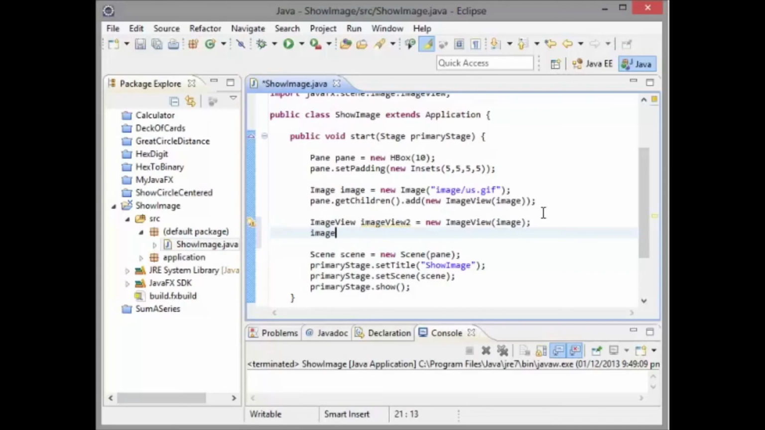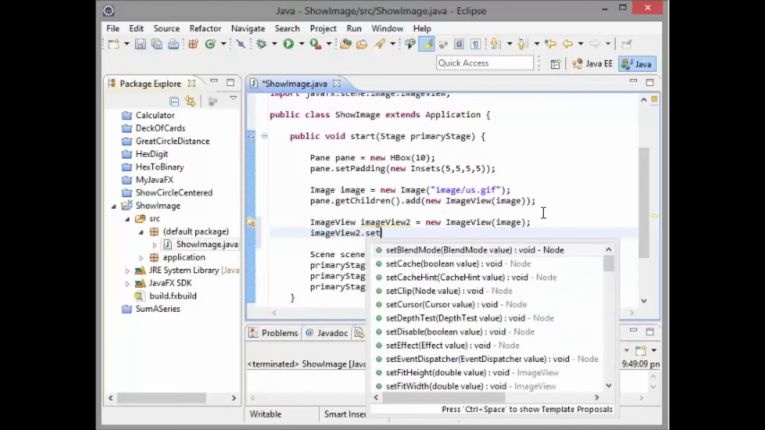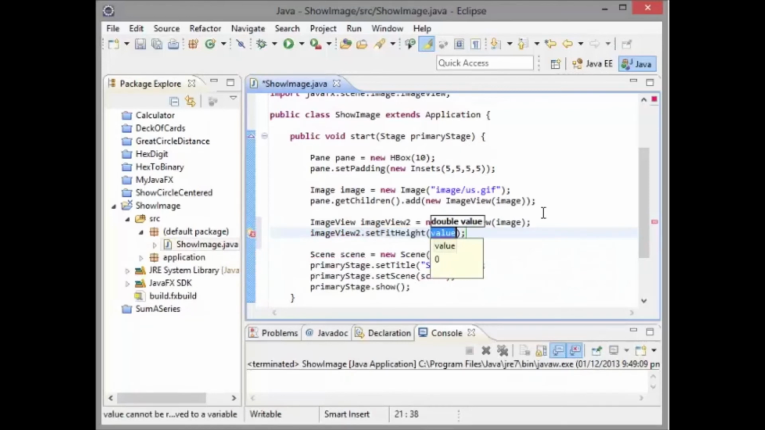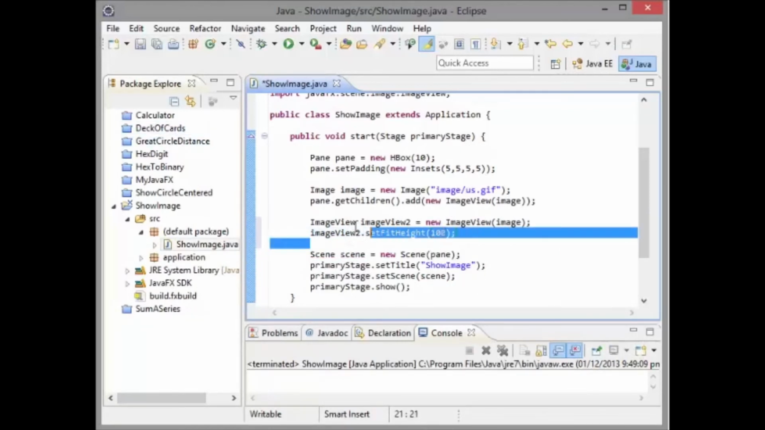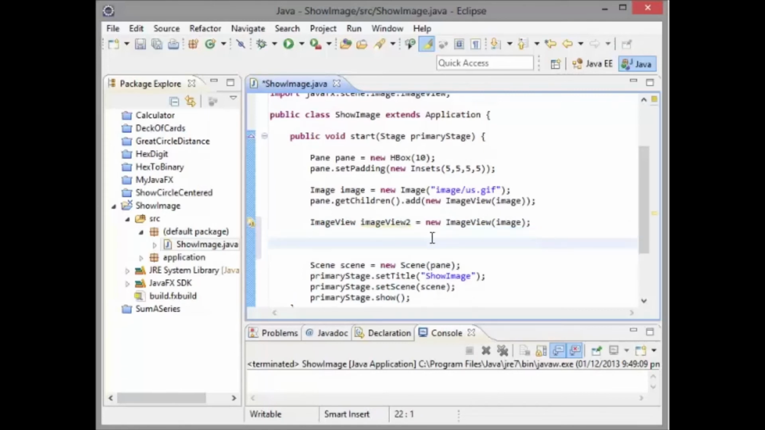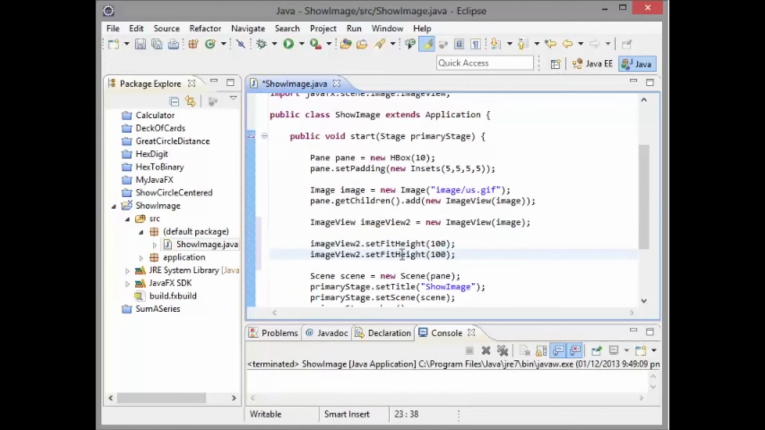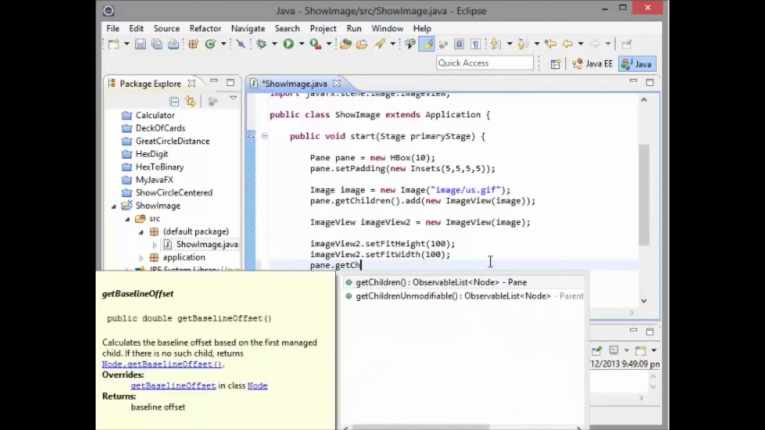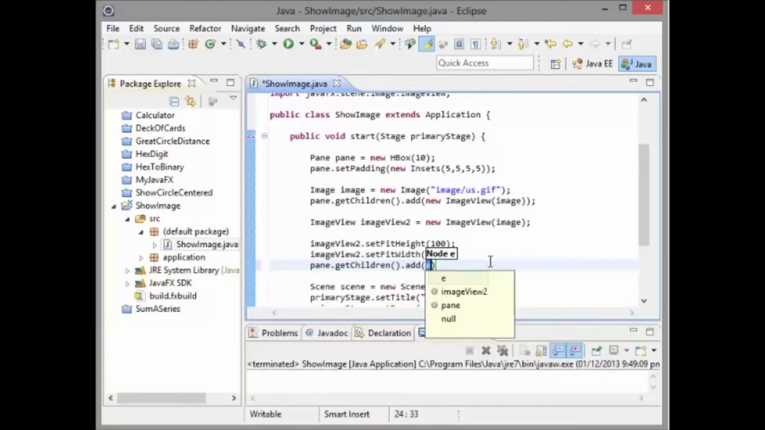For example, imageView2.setFitHeight to 100. And we can do the same thing with the width. So I'll just copy and paste this. Oops. And change this one to the width. And we also need to add this new one. So same thing, pane.getChildren().add(imageView2);